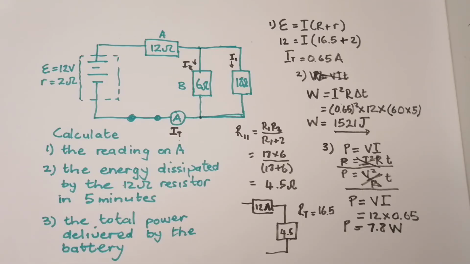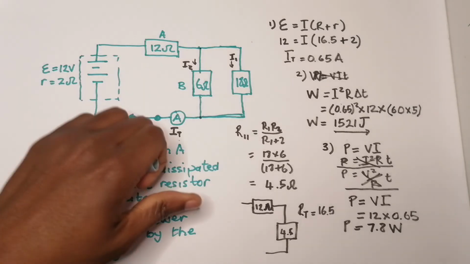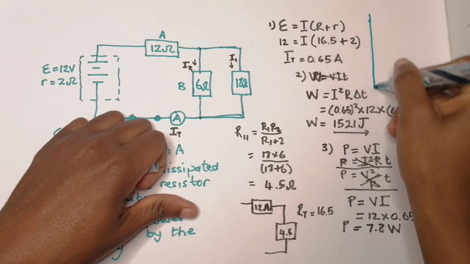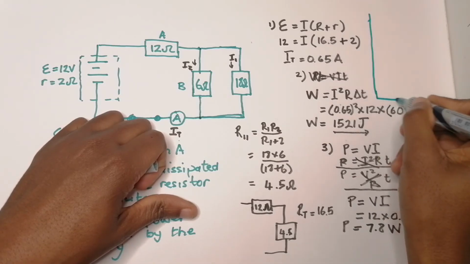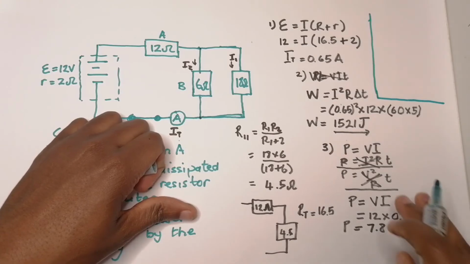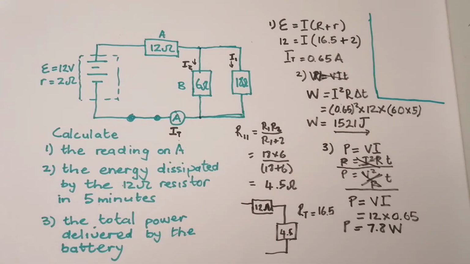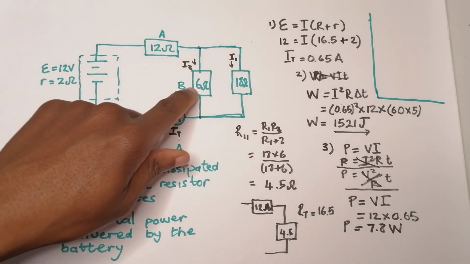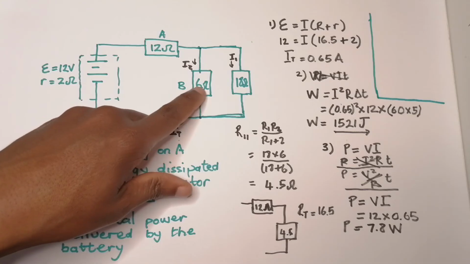Okay, I'm just throwing it in there so that I show you how you would go about answering that question, right? I'm just going to reserve a little bit of space there. So what if I wanted you to calculate the power dissipated by the 6 ohm resistor? Now you'd say to me, well, for the 6 ohm resistor, I don't know